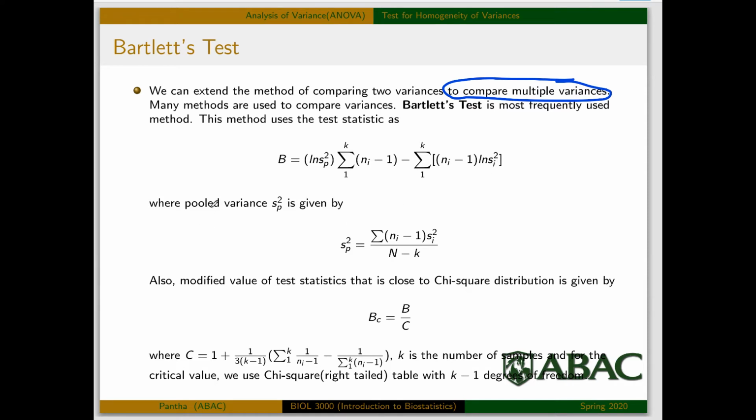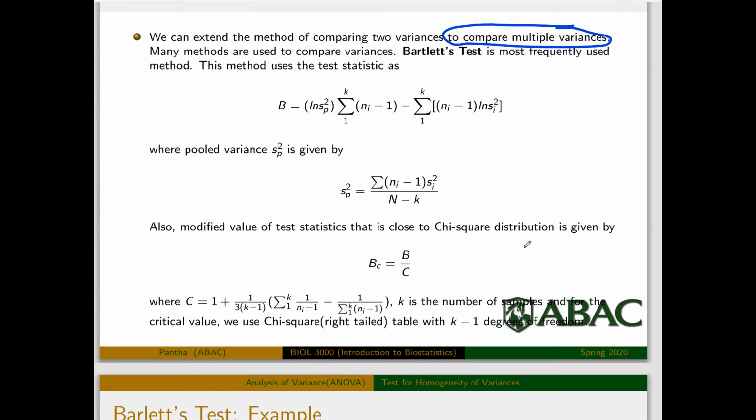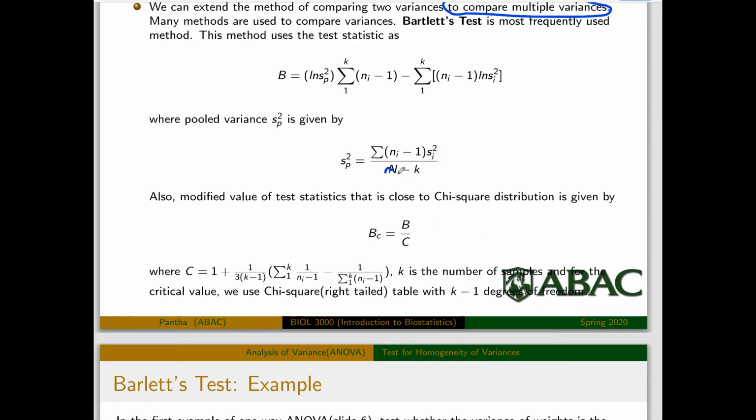Where the pooled variance sp square is given by this: ni minus 1 times the variance for each of those samples, and then you add those,